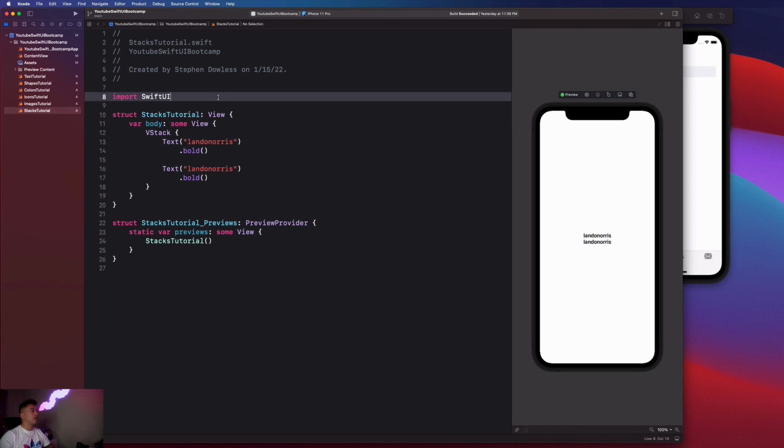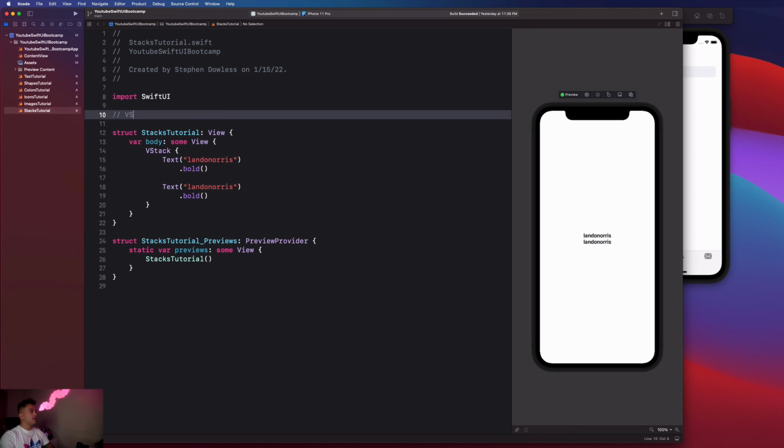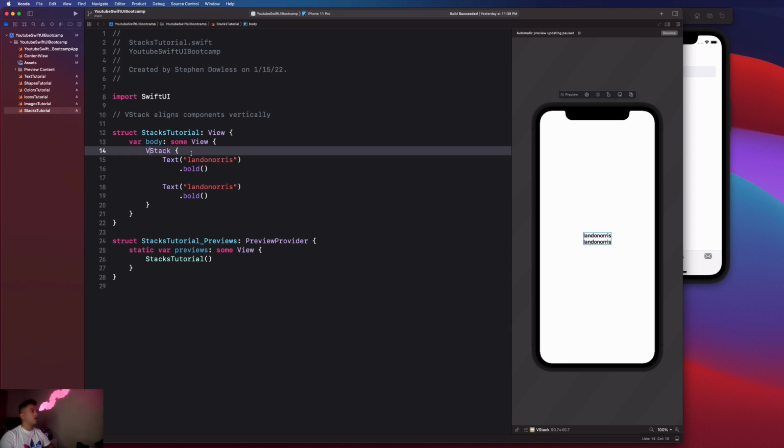So let me just go ahead and add some comments here. VStack aligns components vertically. And similar to a VStack, we can also change this V to an H, and it would be something called an HStack,